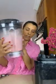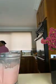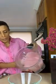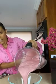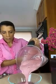That's thick enough. There's heaps there. This is very, very pink. So I am going to just put this here, and I'm going to pour it in this jug. So this is really thick. Look, you could really, if you wanted to, I mean, you can still have this tomorrow, but I really love to make my smoothies